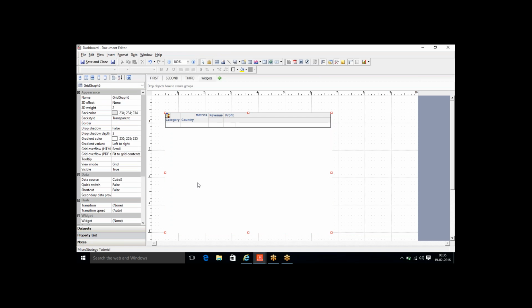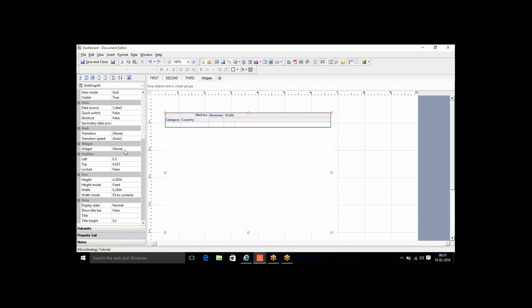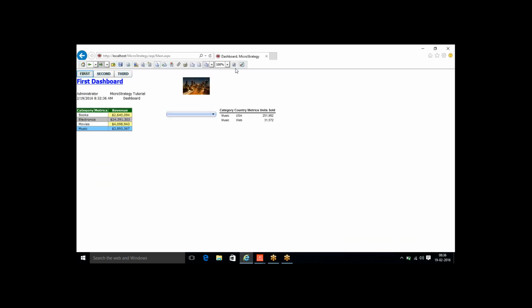Possible. Just click on this grid and you can come directly to the widget option. As of now, no widget has been selected. If you click on the drop down over here, there are n number of widgets which come along with MicroStrategy. Very simple and straightforward. You just select the widget in which you want to display it. So let's say I want to display this particular report as a bubble grid. I've selected bubble grid over here. I'm going to save this, and now when I go back to the dashboard and refresh it,